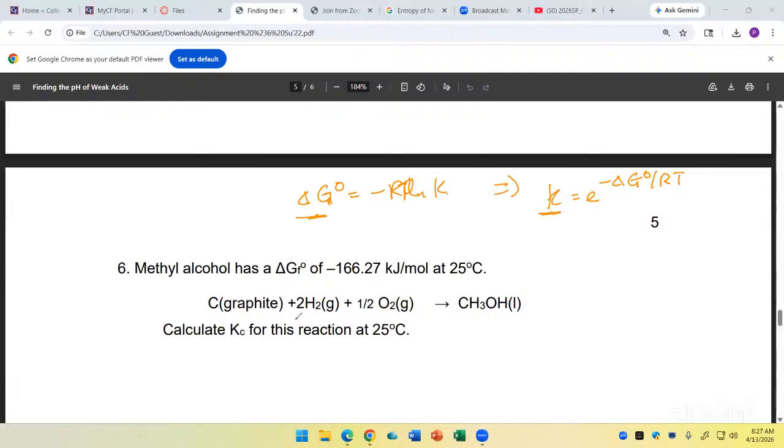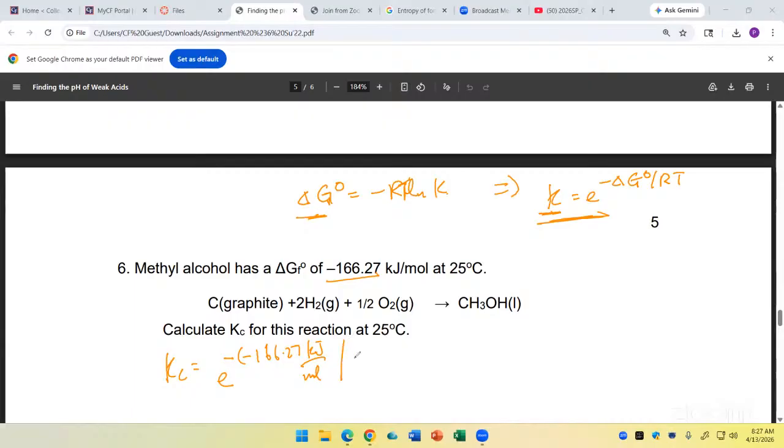calculate K. So for example, in this question, it says that methyl alcohol has a delta G of formation of minus 166.27 kilojoules per mole, and it gives the equation, and the question is asking you to calculate Kc. So I would use this form right here. So Kc in this case would be equal to e to the minus delta G, which is minus 166.27, and this would be kilojoules per mole,